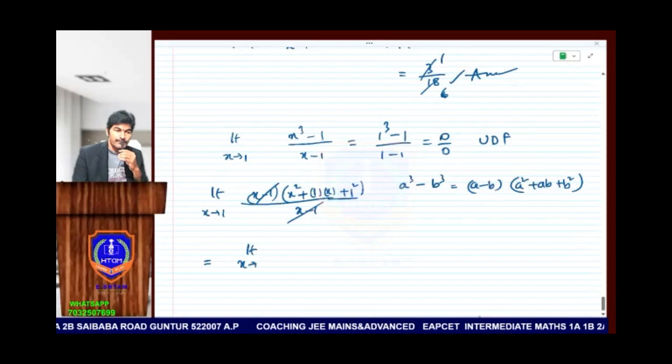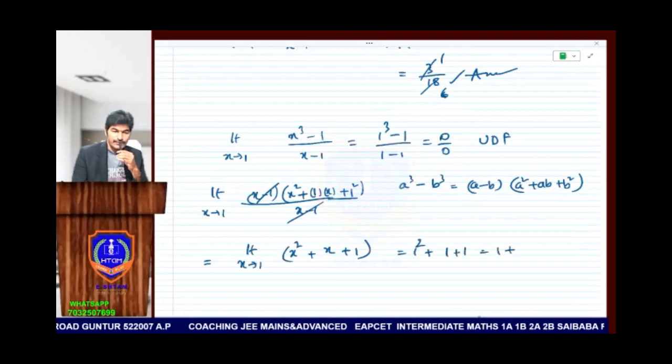Now what is left? Limit x tends to 1, x square plus 1 into x plus 1 square. Now we will substitute the value of x as 1 here. So 1 square is 1, 1 plus 1